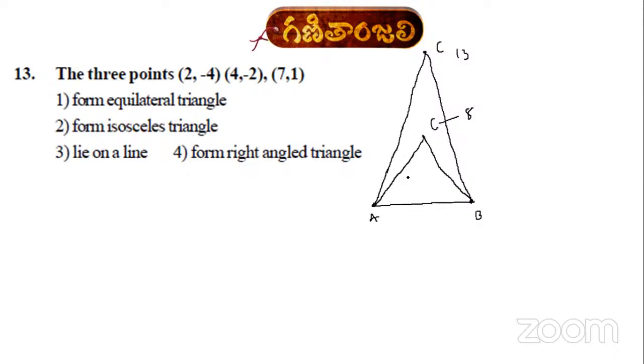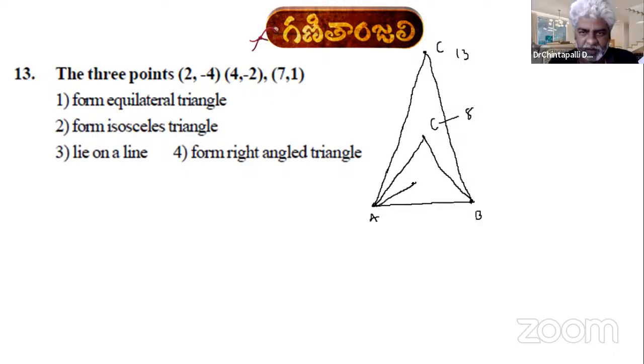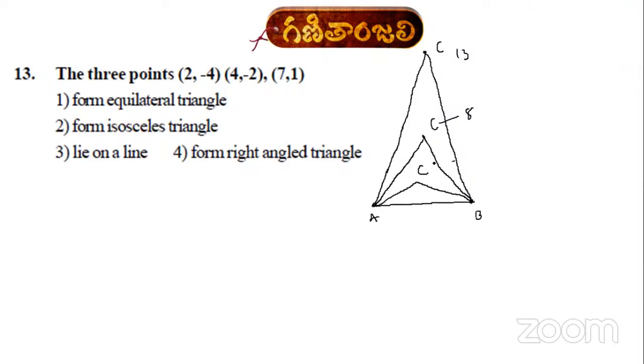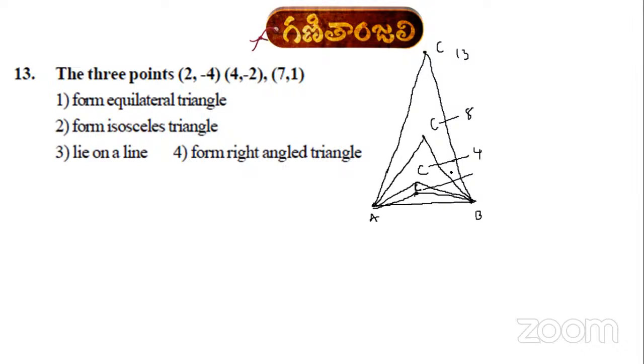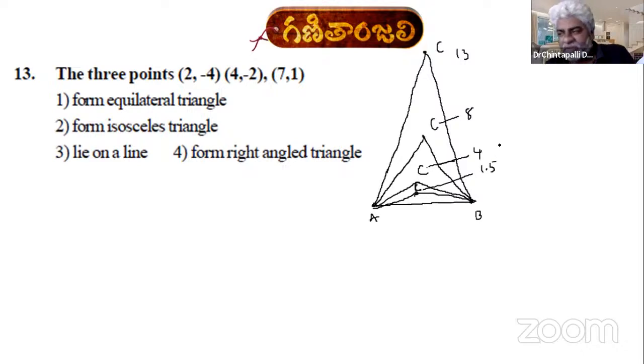Now C is decreased even more. What about the area of this triangle now? 4, sir. Okay, right, 4. Decreased even more. What about now? If C is here, tell any number. For this it is 4. Now it is 2. Now 1.5, right? So it is very clear that